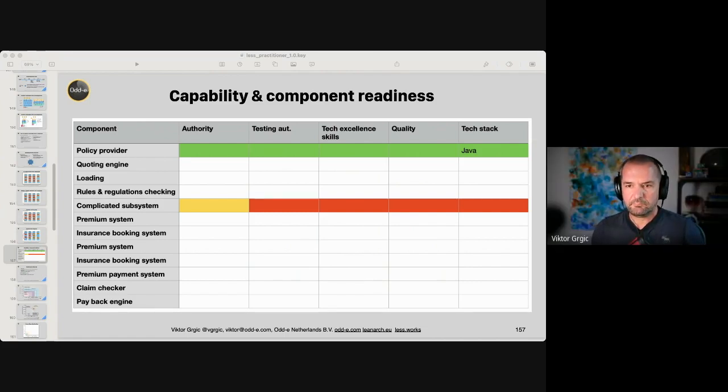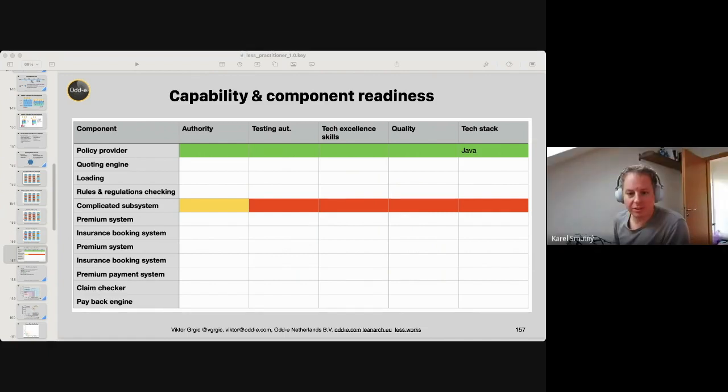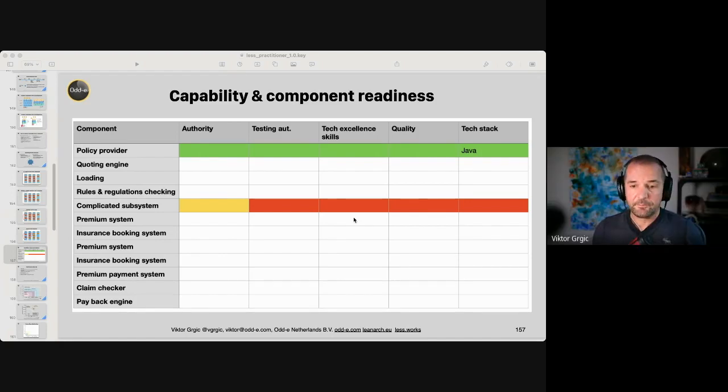Karel, how do you assess the technical excellence skills? It might be quite sensitive. Yeah, it depends per situation. I don't have some kind of standard way of assessing it. So it's more going through the different areas, like how much people know SOLID principles, or simply maintaining proper code, readability of the code, and then